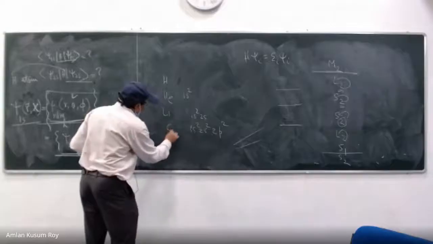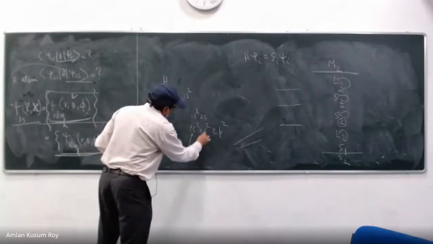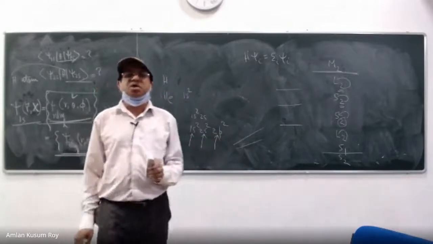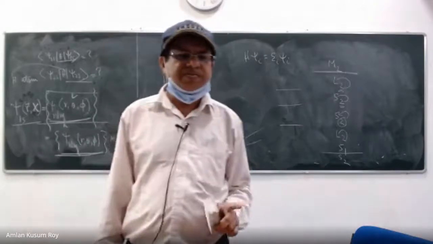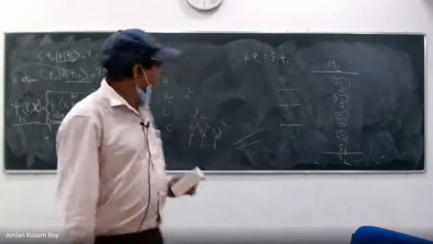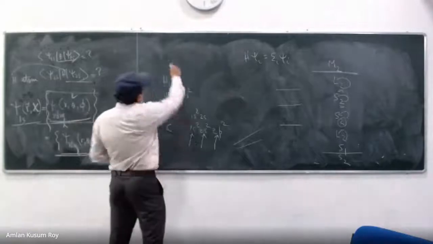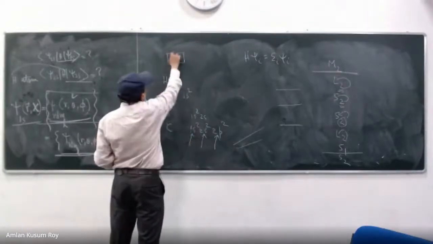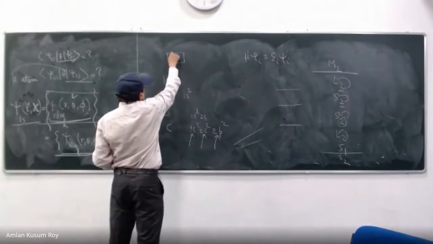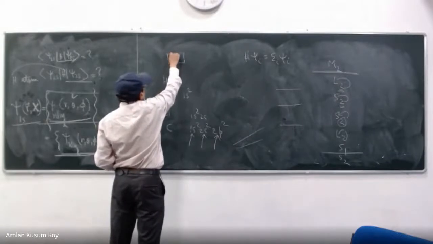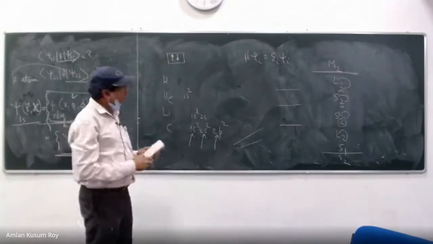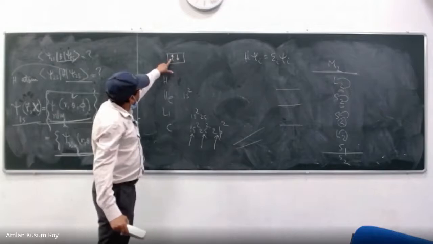So the question is that these are all spin orbitals. Each of them is a spin orbital. A spin orbital can take only one electron, right? Because it is a spin orbital, as I was telling. So what is 1s is actually a spin orbital. It has one electron with the same space part as the second electron, but the spin part of the two electrons is different. That is why this is called a spin orbital.